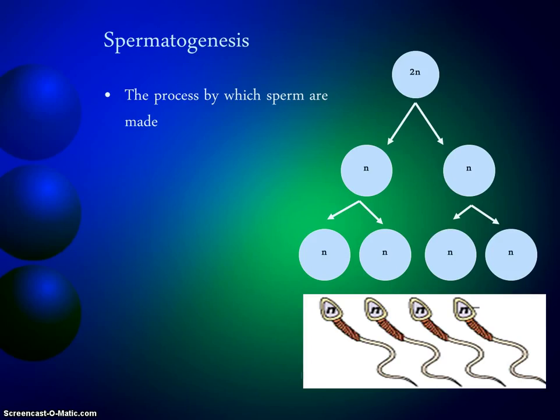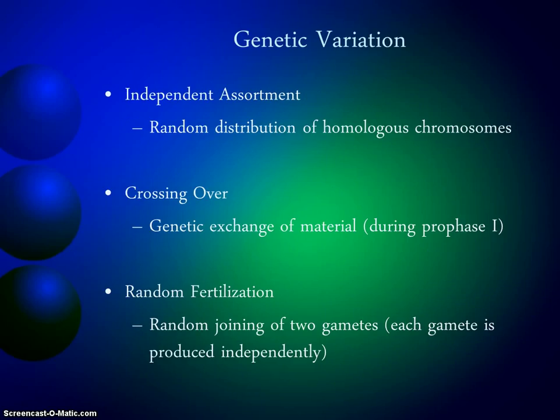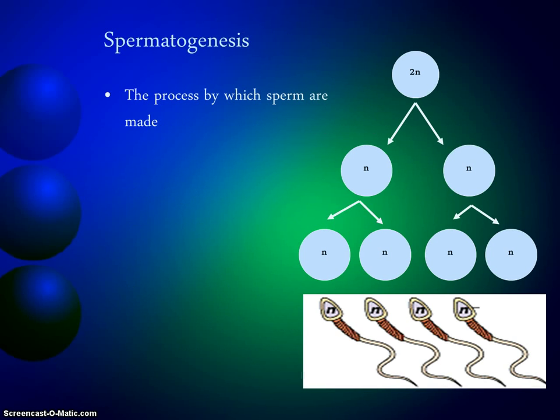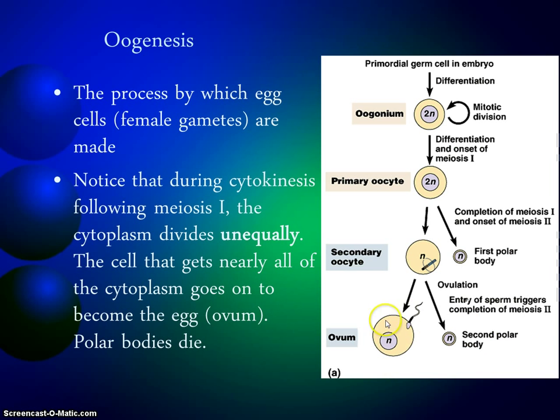Okay, so let's look at this last one, random fertilization. We talked about the joining of two gametes produced independently. Now the process of producing sperm is called spermatogenesis. It's where sperm are made. You start out with a diploid cell. It goes through meiosis twice, meiosis 1, meiosis 2. Then you have 4 sperm produced. And oogenesis, the production of female